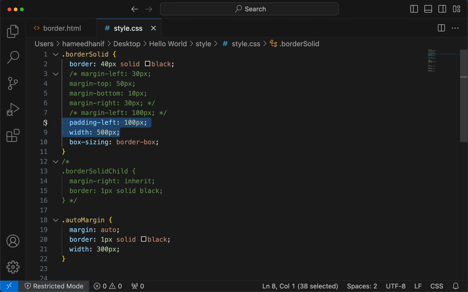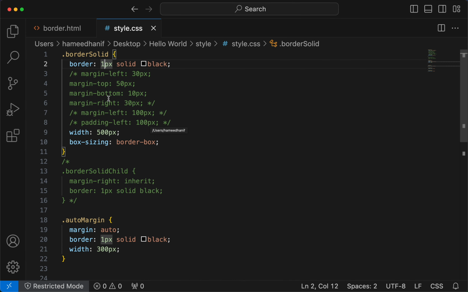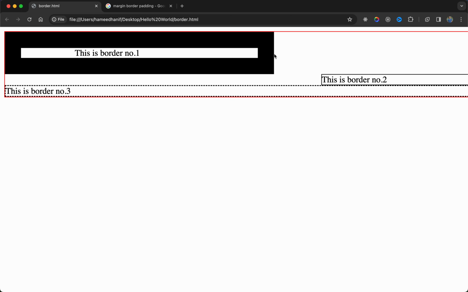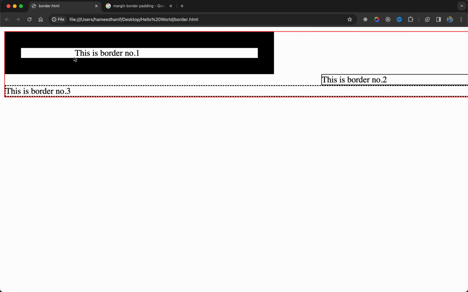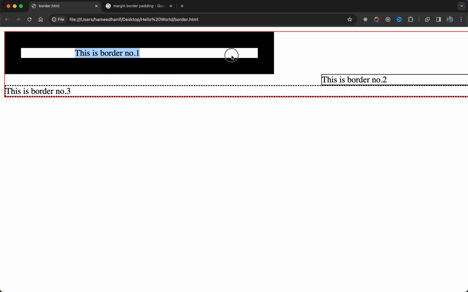I'm going to disable the padding left again. I'm going to make this 1 pixel now. See, this is where the size of the div stops. So now when I give padding left as 100 pixels and the border as 30 pixel, just keep looking at it. The width doesn't change at all. The width is all the same, because what the browser does now is within 500 pixel, the whole thing is 500 pixel. It will take 30 pixel for the border, 100 pixel for the padding left, and the remaining, that's like 370 pixels, would be